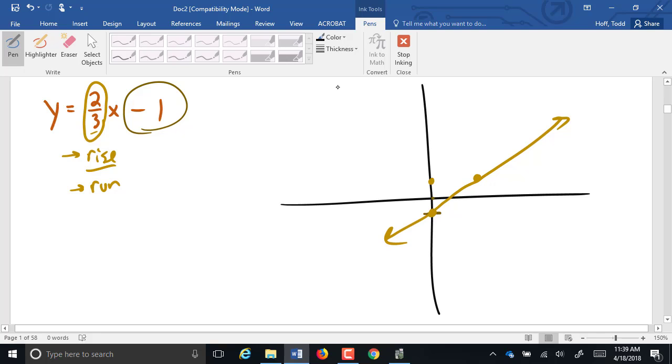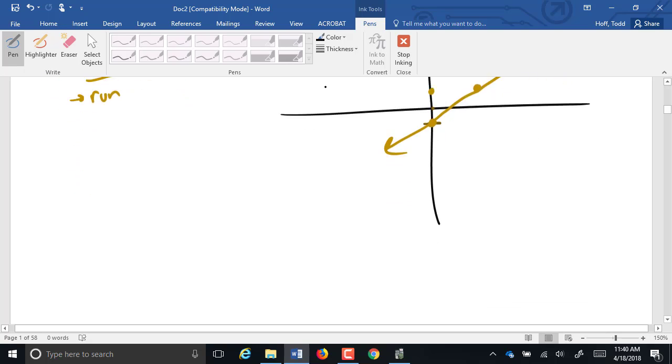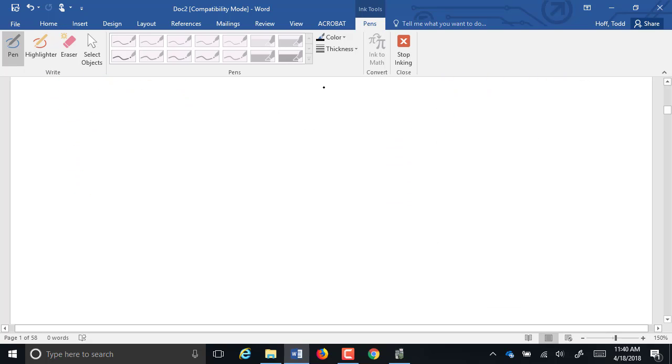Well, today I've got a couple of things I want to do. One is I want to look more closely at that slope, what it means. We talked a little bit about it being a rate of change, velocity and stuff like that before. I want to look at what that means and how we find it, and then look at some other forms of equations that we can write based upon that slope. So first,